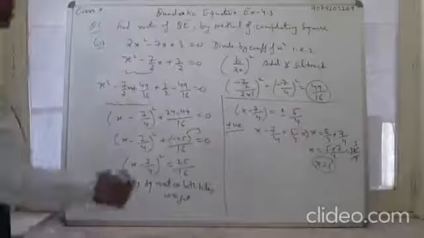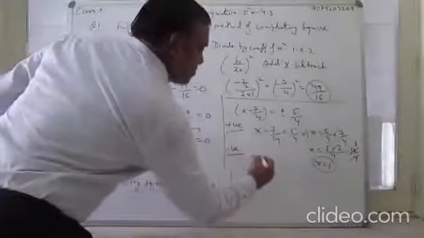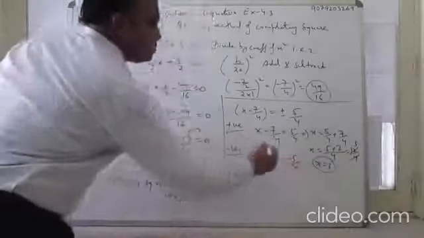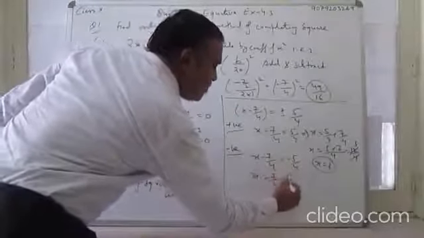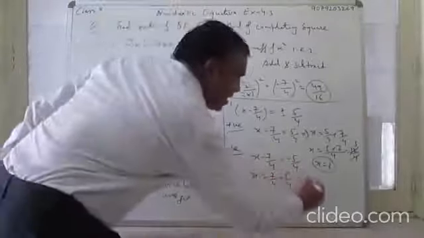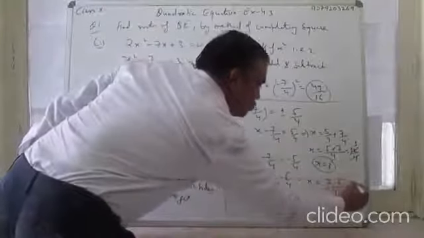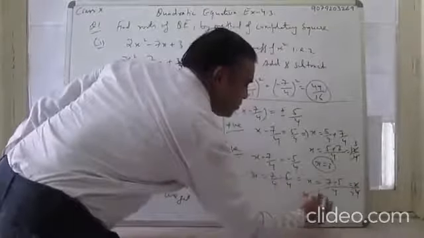It will cut 3. X is equal to 3. One value is 3. Now I will take negative sign. So x minus 7 by 4 equals minus 5 by 4. Transpose this that side. So it is x equals 7 by 4 minus 5 by 4. Take LCM 4. 7 minus 5. It is 2 by 4. So it is 1 by 2. X is equal to 1 by 2.